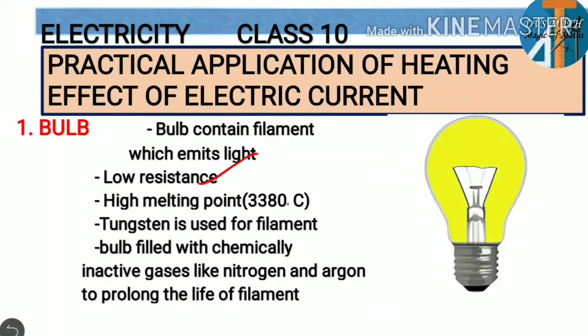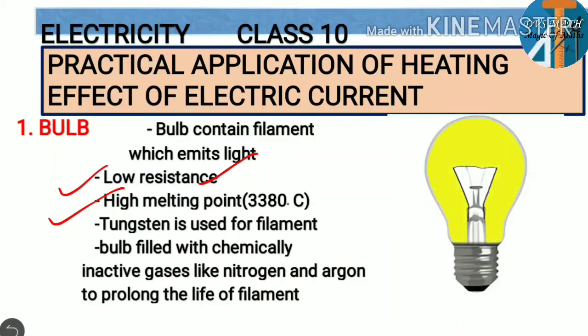And high melting point. As you know, the thin filament is made up of tungsten, and it should have a high melting point. As you know, if more heat is produced, sometimes the bulb bursts, right? That means due to the excess flow of current or excess heat, it melts easily. That should not happen. So the main thing is it should have a high melting point. That means resisting power of heat should be more. So we are calling it high melting point. So what are the two important properties of bulb? Low resistance, high melting point.